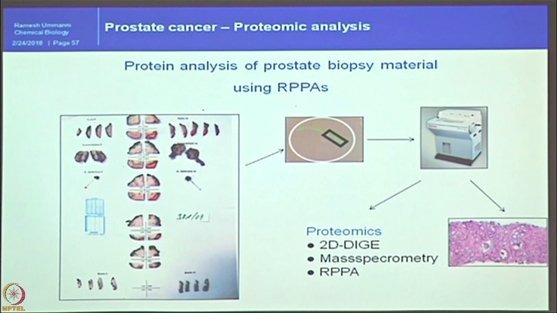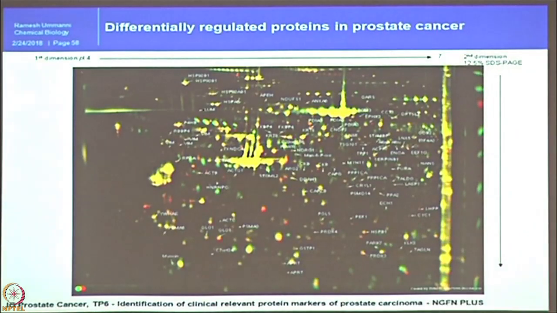Nowadays 2D gel is not so encouraging for people, not a very attractive method. Those days it was possible to do, and we did mass spectrometry. Finally, we did RPPA. These are the different proteins which are differentially expressed specifically in cancer patients compared to normal or benign prostate hyperplasia in the surrounding tissues. But again this list is around 112 proteins. To validate 112 proteins, I do not have enough lysate with me. I wanted to analyze and establish the signature from the same set of samples, right.